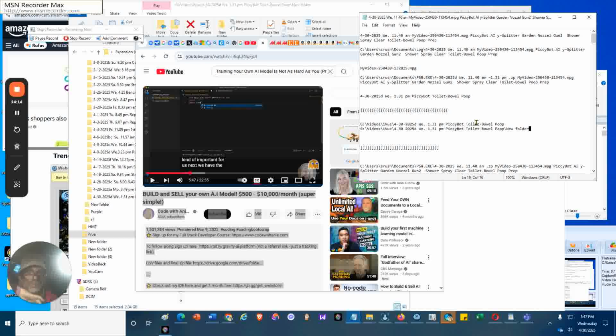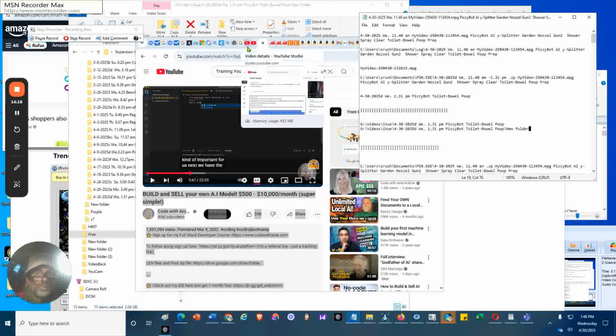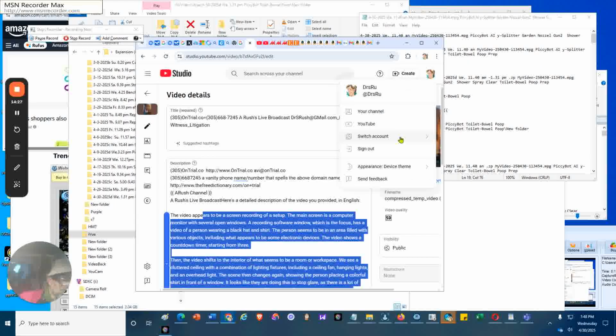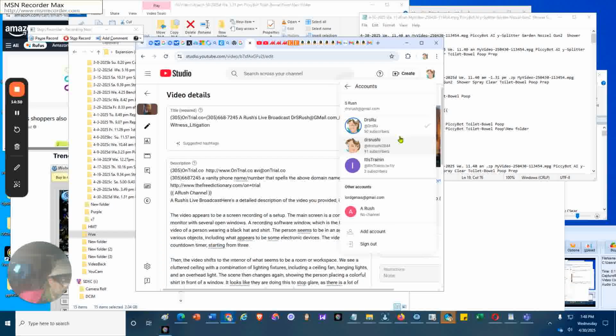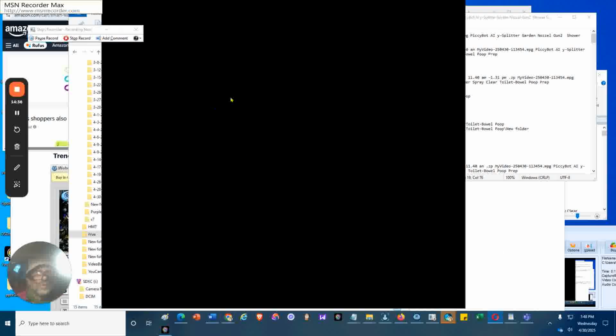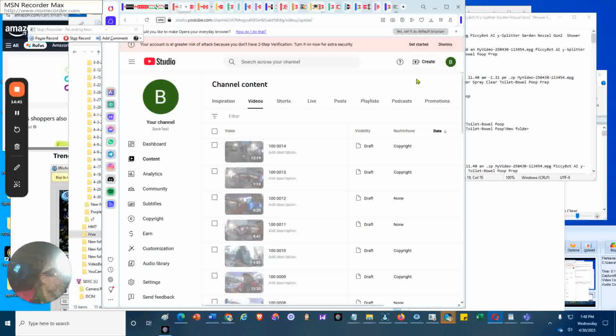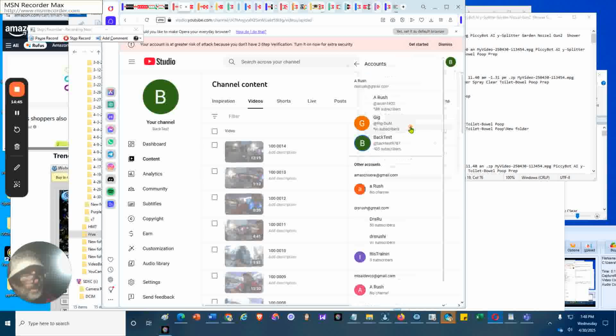I'm going to tuck the phone in my lanyard so I'm hands-free and I can navigate to YouTube to upload the video. Here in YouTube, I want to change the subfolder from the current one to switch account to ARush, and I want to see whether I can navigate to ARush. I want to upload it to ARush, so let me see, maybe one of these includes ARush. I want to switch from the current account to ARush,